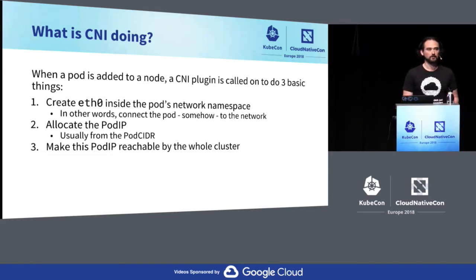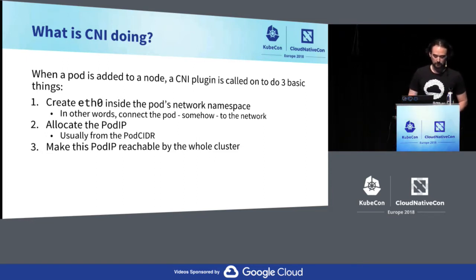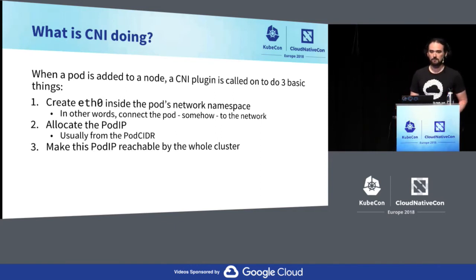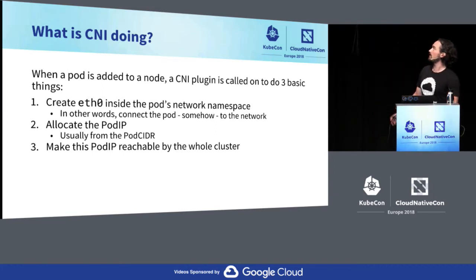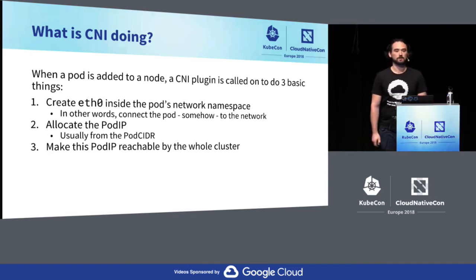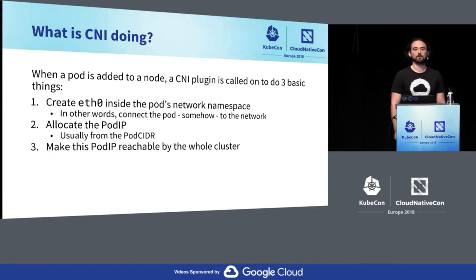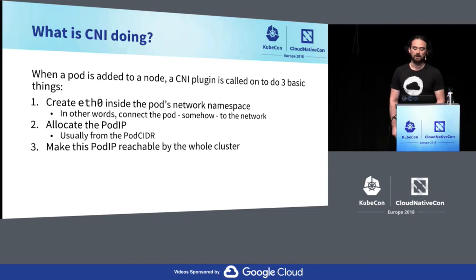So when a pod is added to a node, a CNI plugin for Kubernetes needs to do three things. It needs to create this eth0 inside the container, inside the pod's network namespace. In other words, it needs to connect the pod to the network. It needs to allocate the pod IP. So CNI plugins are responsible for IP address allocation. The pod CIDR is a hint. However, Kubernetes does not actually require that the pod's IP be inside the pod CIDR. And the third thing that the CNI plugin needs to do is make this pod IP reachable